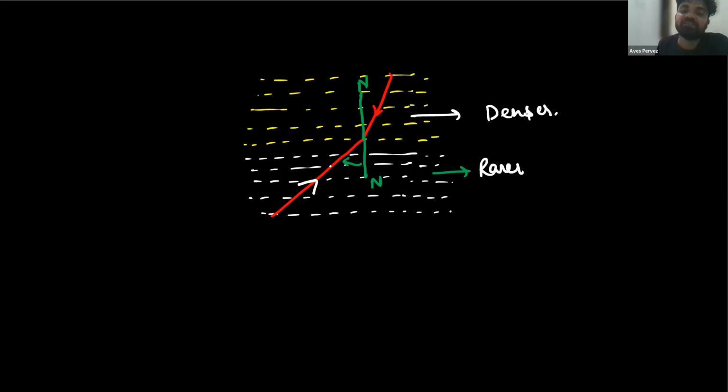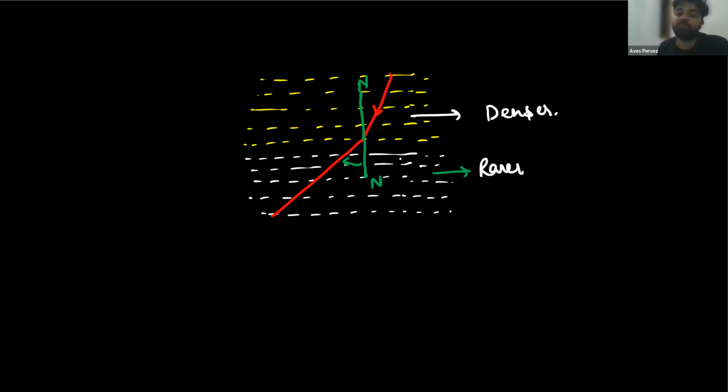If the ray is passing this way, then it should move towards this one, but it bends towards the normal. It bends towards the normal. Ashid, you understood? Yes. So if a ray is passing from one medium to another medium and it